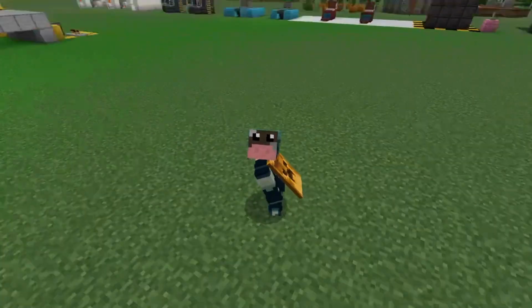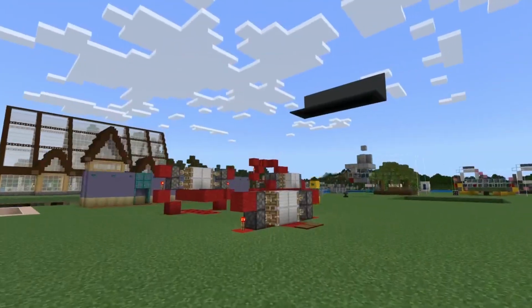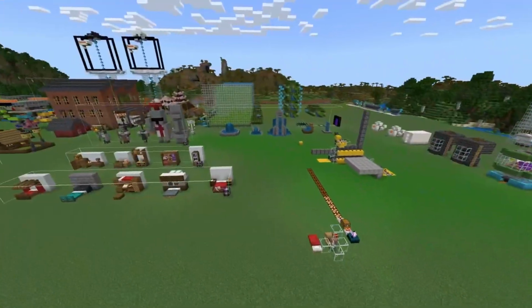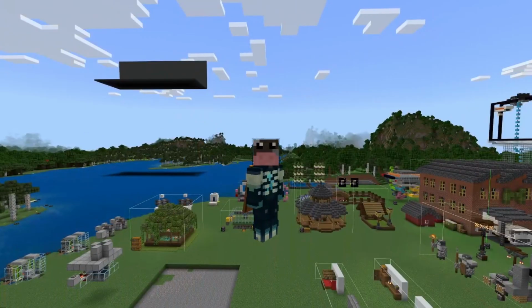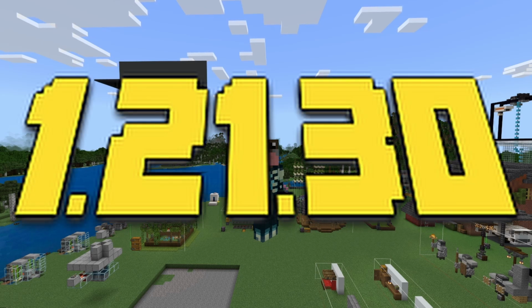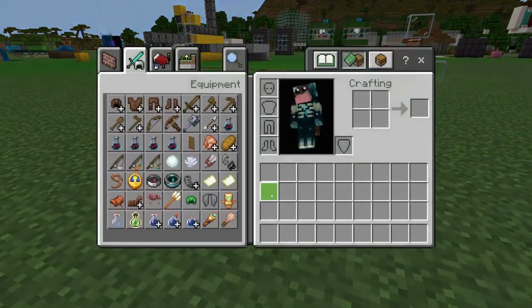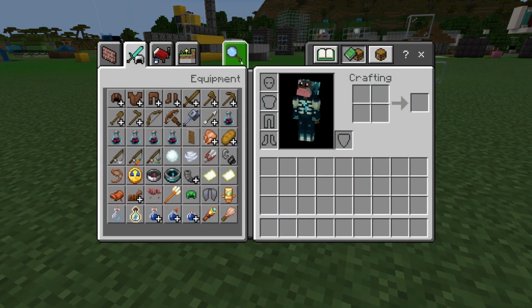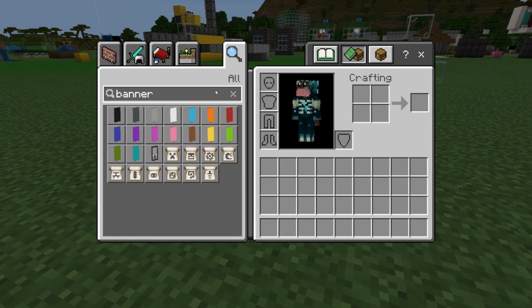Today I am coming to you from my incredibly messy testing world. Now the reason we are here today is because a brand new Minecraft update has been released on the Bedrock version. Today we are looking at 1.21.30. Now for starters, if we go ahead and open up our creative inventory and search for banner patterns, you